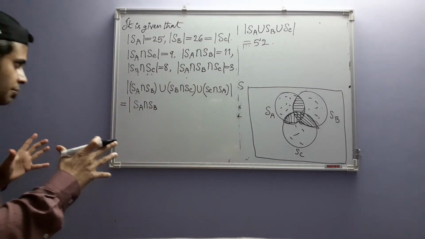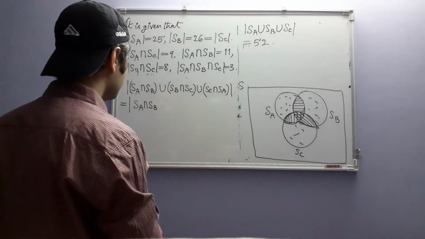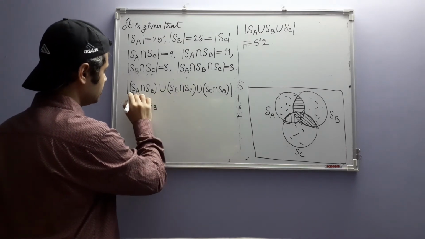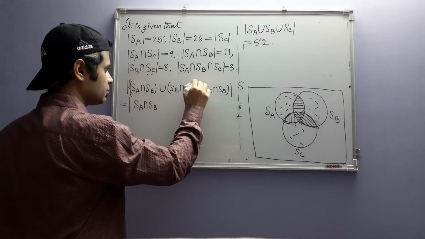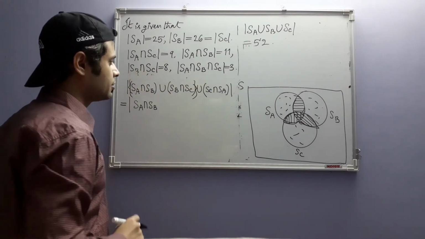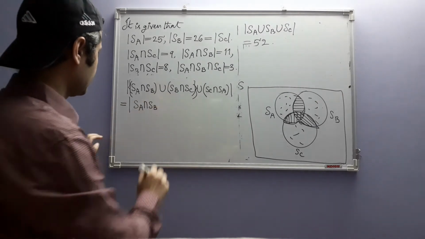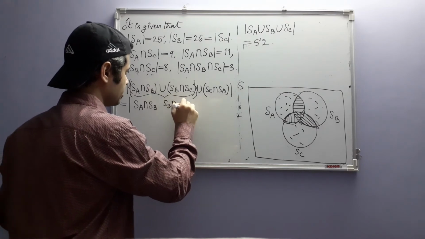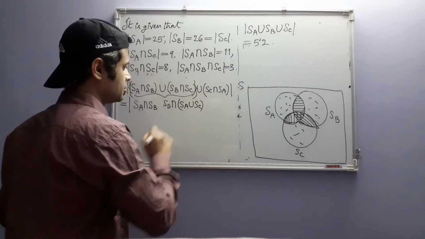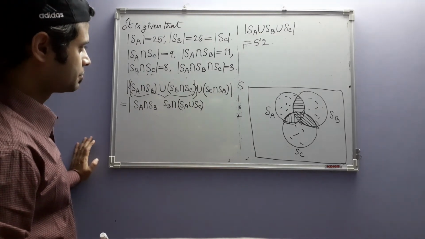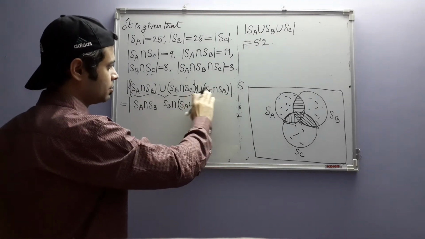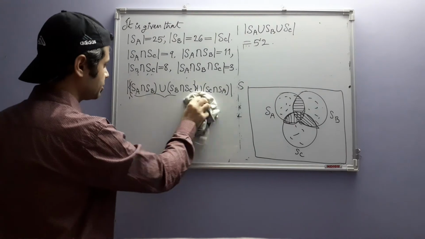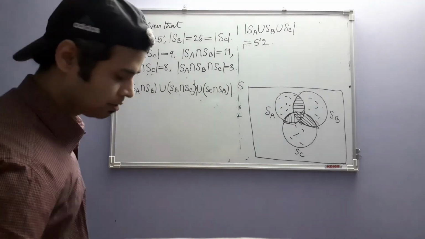but if I simplify this, will that help me in any way? That I have to first of all find out. You can clearly see this is this part. On this part, I can use the distributive law. Instead of this union, I can write SB intersection, SA union SC. This I can write. But then we have a union with this one. I don't think it will help me much. So let me just use the big formula